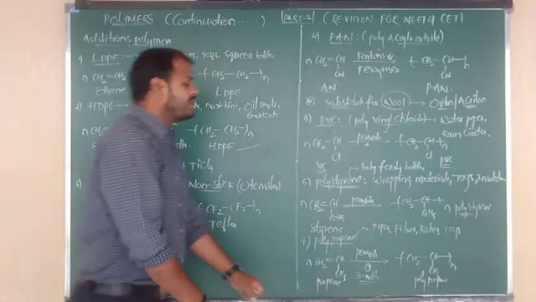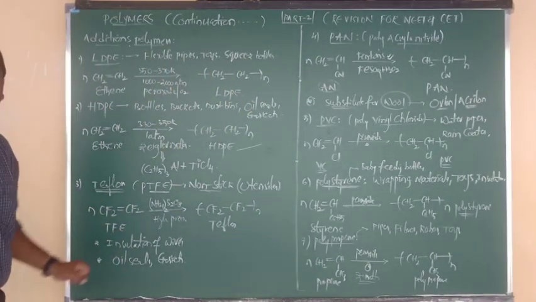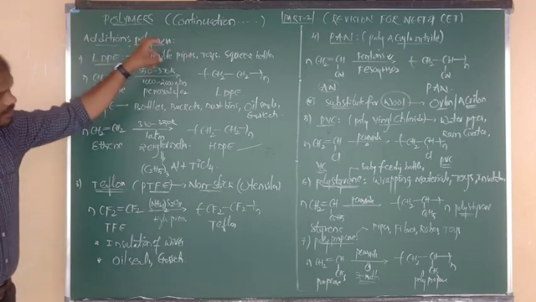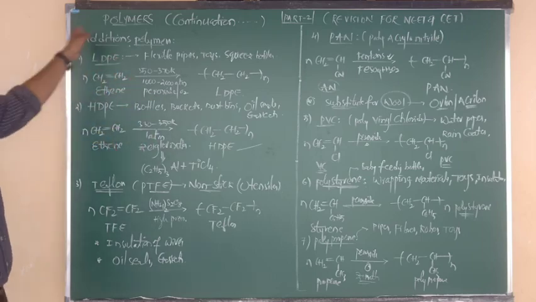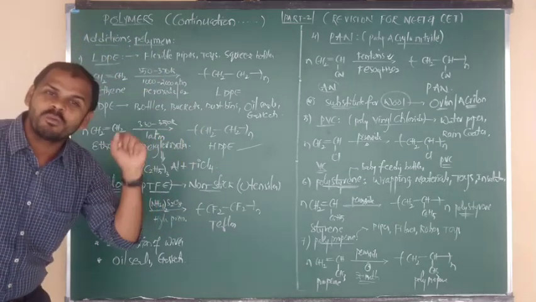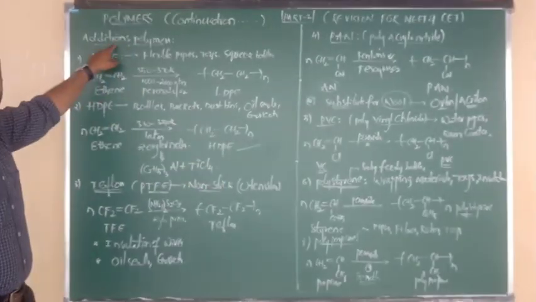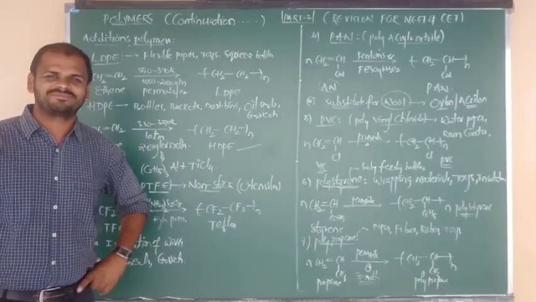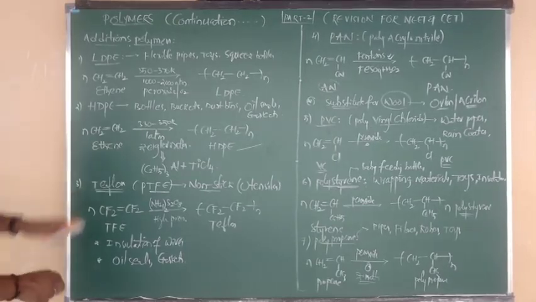Okay, all of you. So this is the story. Around 6 to 7 types I have told you. All of them are addition polymers, because in all of them there is only one type of monomer unit. So all these 7 are homopolymers, only one type of unit. And all these 7 are addition polymers because all the monomers have double bonds. Good. Now I am going to tell you another type of story.